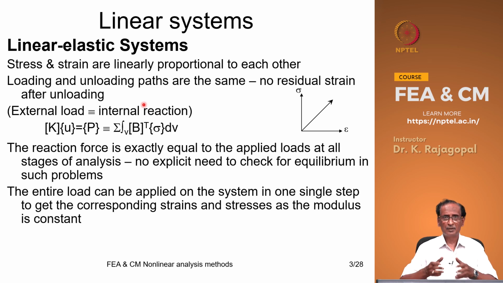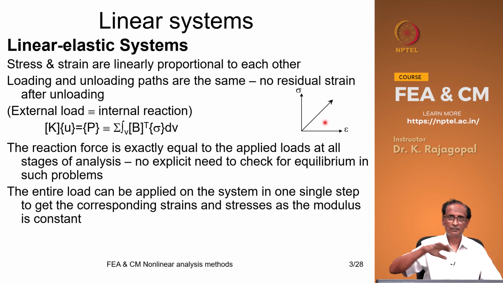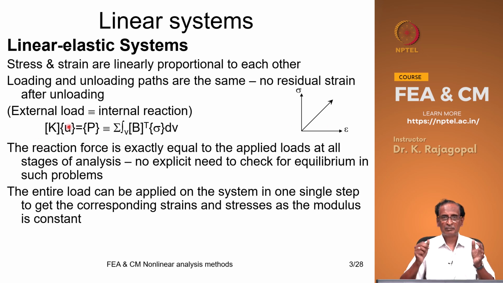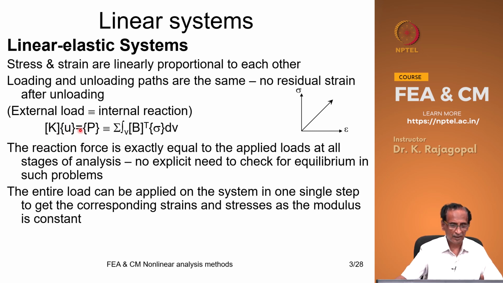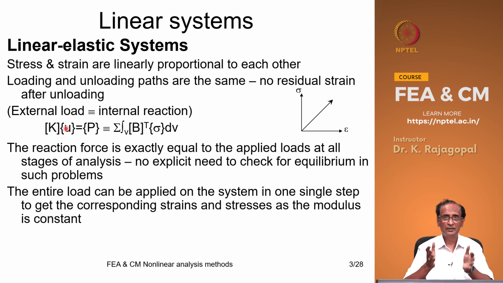So depending on the problem that we have, we can analyze differently, and the simplest system that we can analyze is the linear elastic system, where our stress and strain are just linearly proportional to each other both during loading and unloading. And in that case we can just write our equilibrium equations as simply K times U is equal to P, where K is our stiffness matrix, U is the vector of displacements, and P is the vector